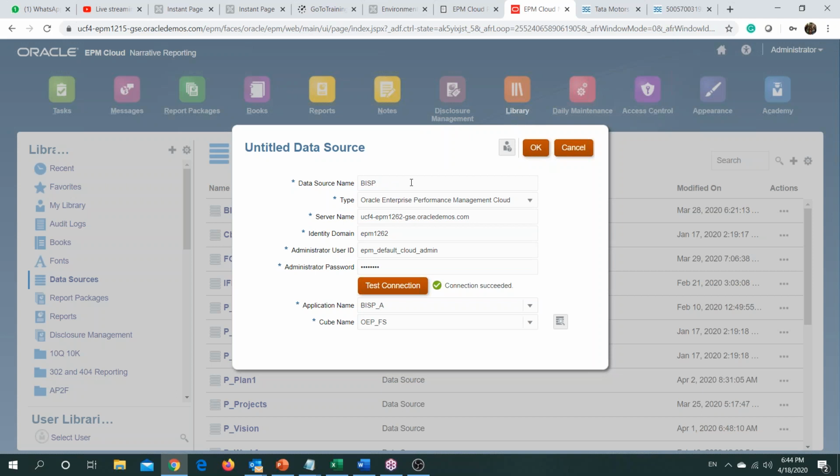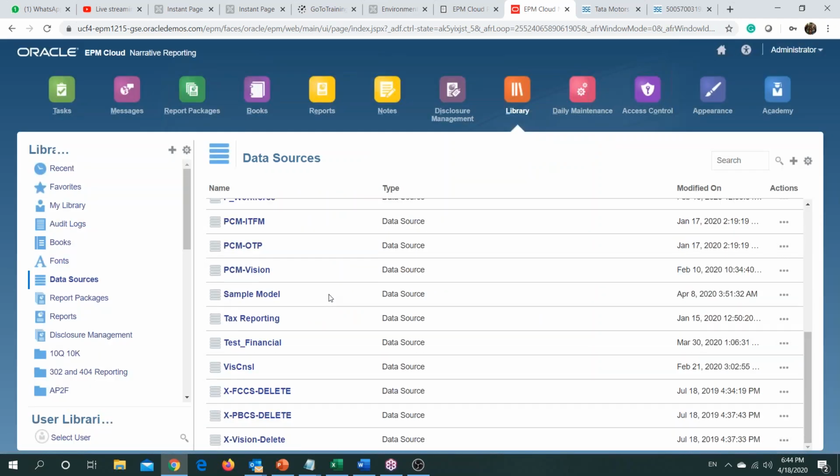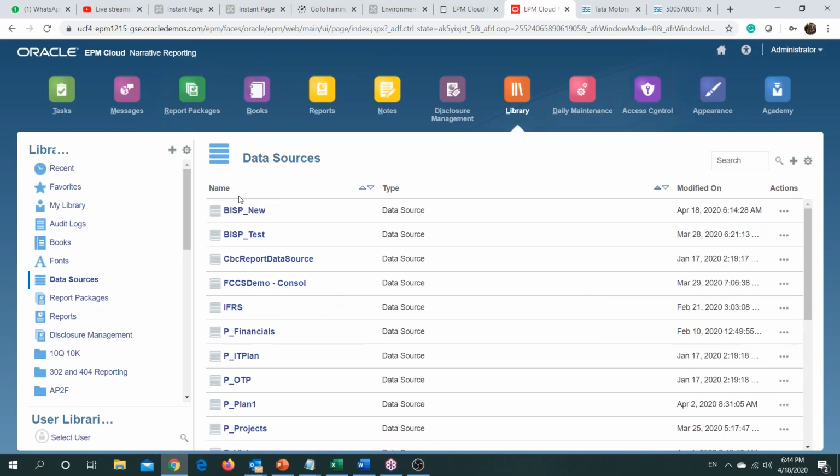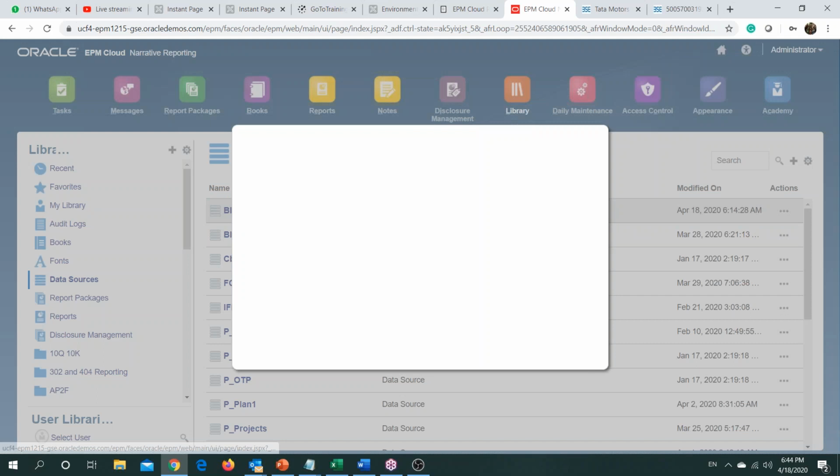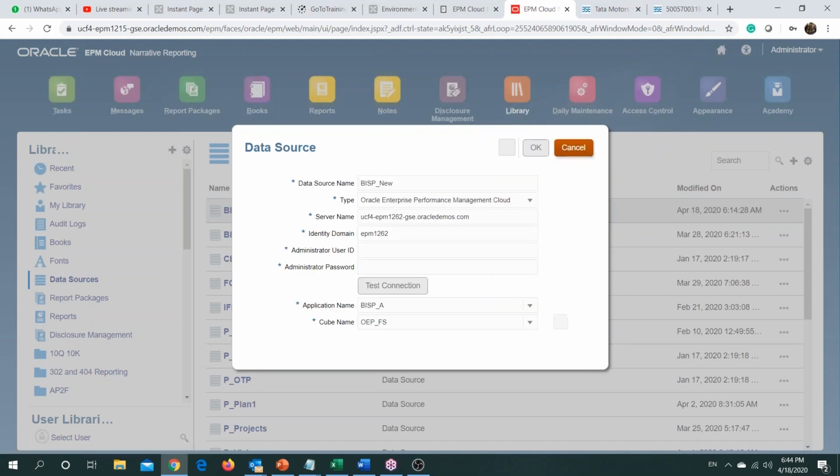The name might already be available. We have a connection established with the name BISP New. Just click to cross verify. So we have our connection built up with the cube name. You could change your cube as required.